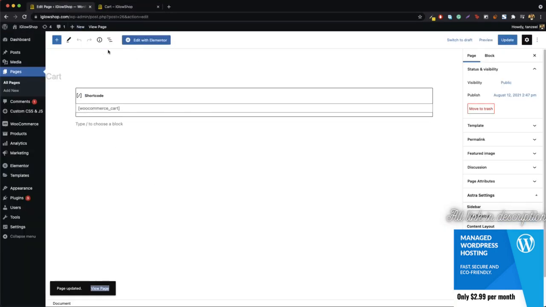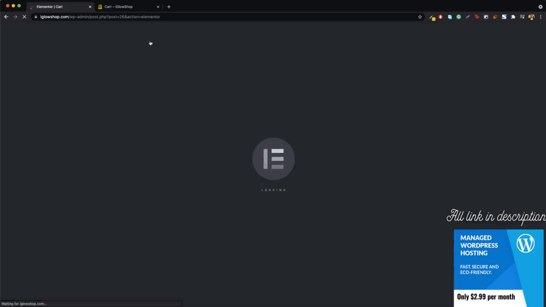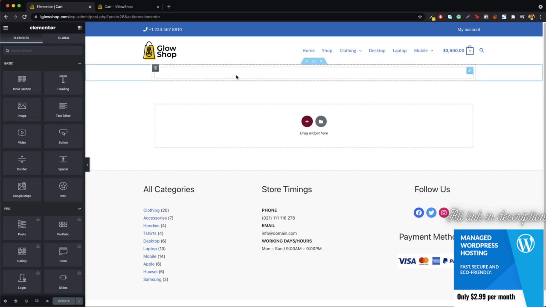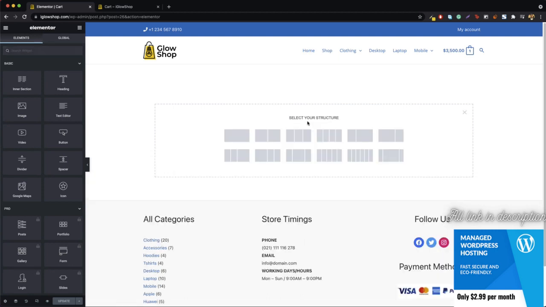But what we need to do is that we now need to click edit with Elementor, so that we are actually taken to the Elementor page builder. And now here you can see that this is a text editor, and inside this text editor we have this WooCommerce_cart. What I want you to do is to leave this as it is, but before that just add a